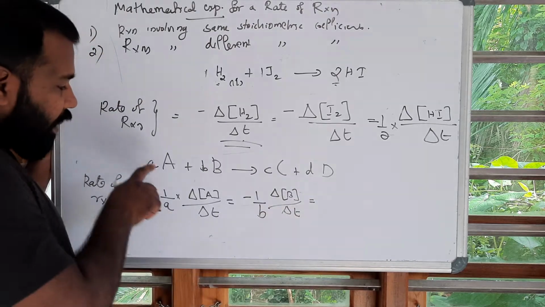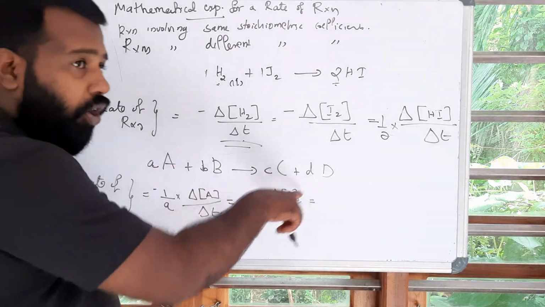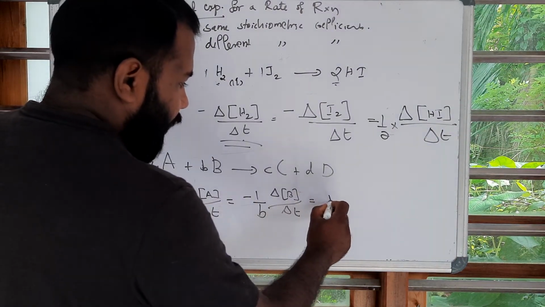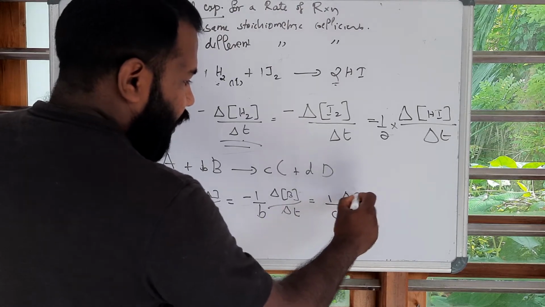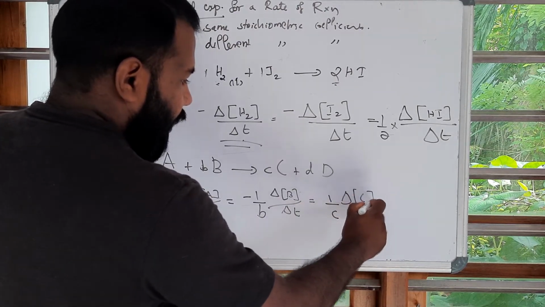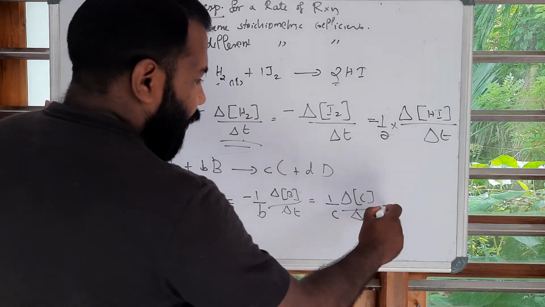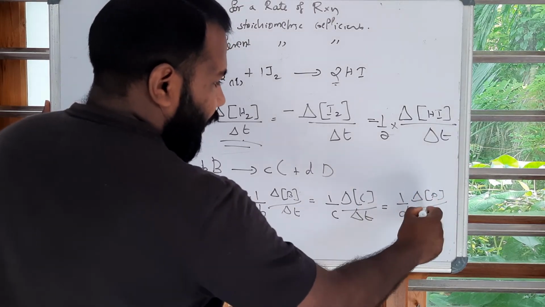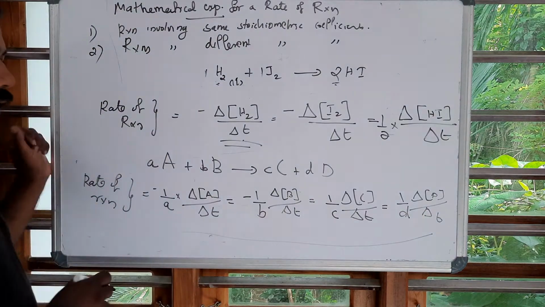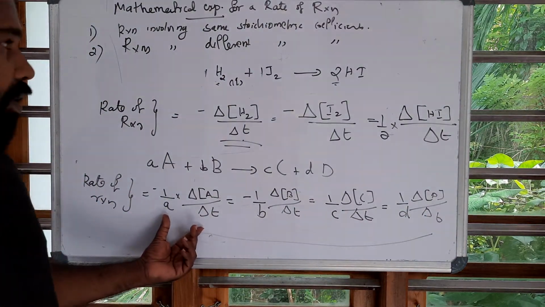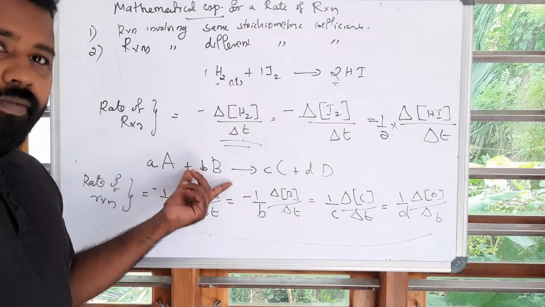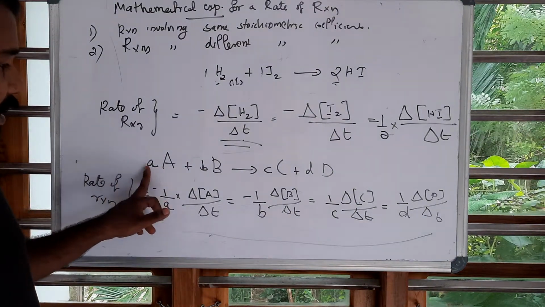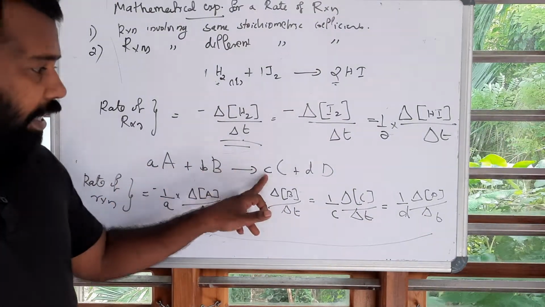That is equal to, because here the coefficients a, b, c, d are all different, plus, as it is the product side, 1 by c change in concentration of C divided by delta T, which will be equal to 1 by d change in concentration of D divided by delta T. So this is the general mathematical representation of the rate of reaction for this hypothetical reaction. Here you can see that the coefficients a, b, c and d are all